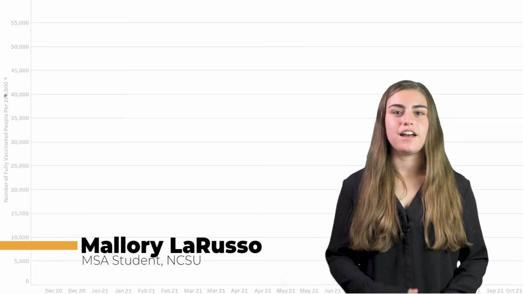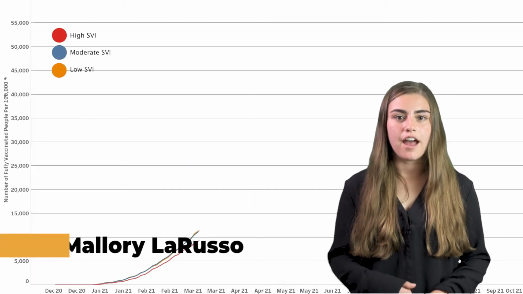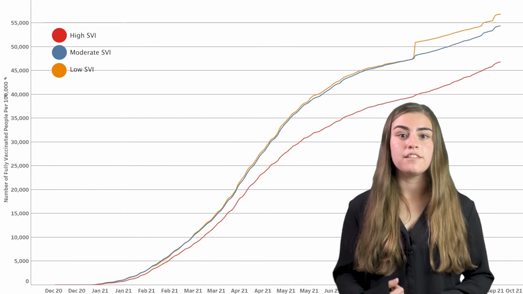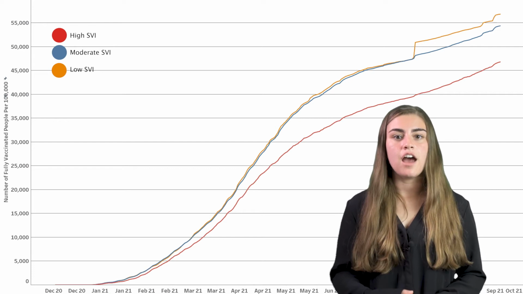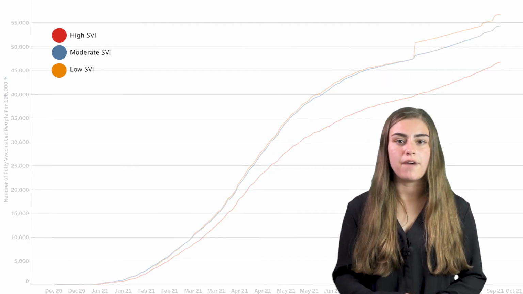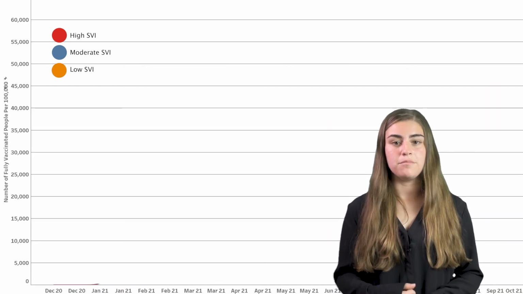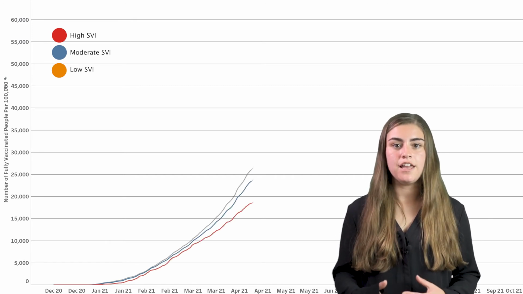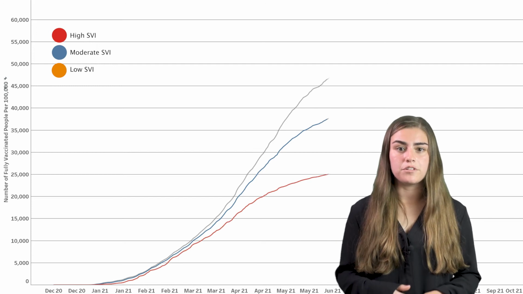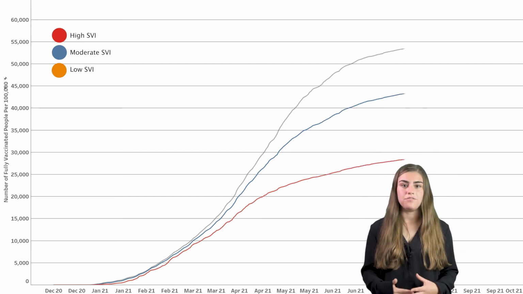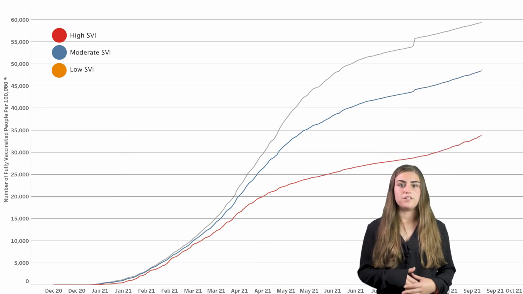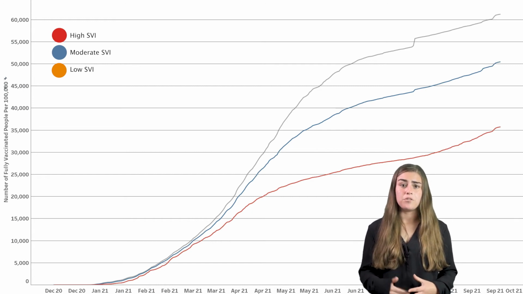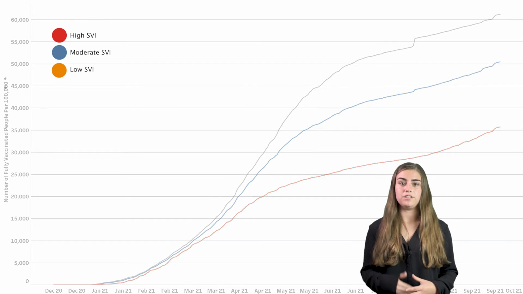When we plot the number of vaccinations, however, the data showed that counties most affected by COVID have a 21% lower vaccination rate than counties least affected by COVID. However, if we filter SVI by the housing composition and disability theme, we see an interesting trend. Vaccines began rolling out in late 2020, and as time progressed, highly vulnerable counties saw a lower vaccine rate than their peers. As of September 2021, half as many people in high vulnerable counties were vaccinated relative to their low